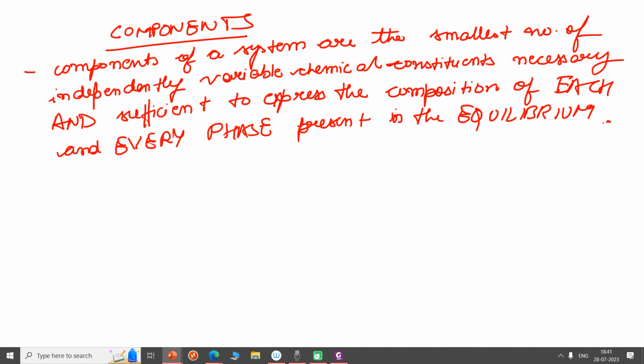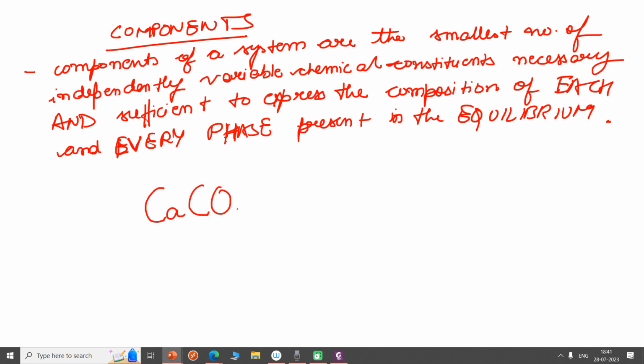Since we have defined what's equilibrium, we'll have certain phases which are existing in equilibrium, and how will we describe those phases? We have to write a chemical equation, right? The minimum number of chemical components that we can use to describe the whole state of equilibrium is the number of components. For example, let's say chemically,